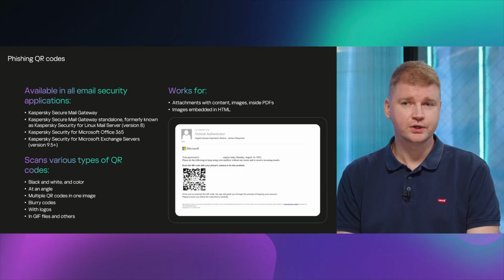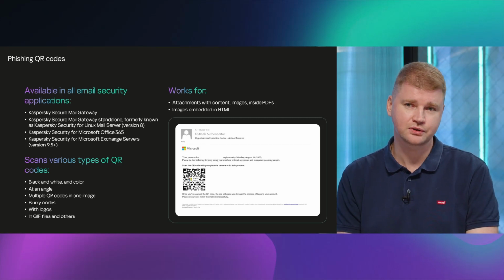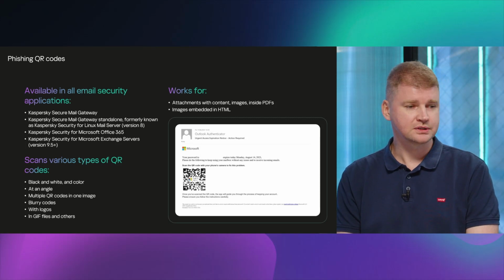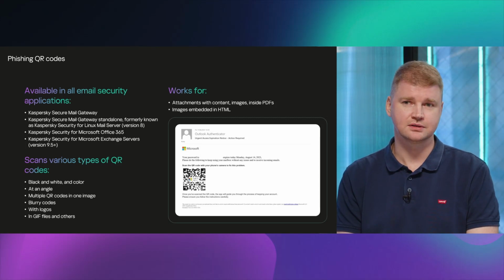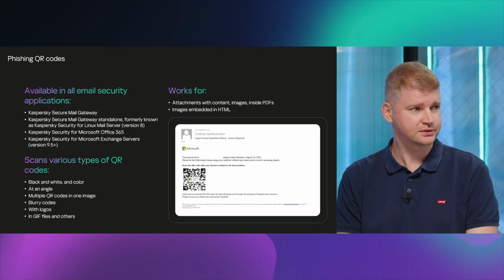But we do not only support black and white QR codes in emails. We also support blurry QR codes, angled or rotated QR codes, QR codes with logos, and scanning QR codes in several images in GIF files, where attackers usually try to hide these codes from users.